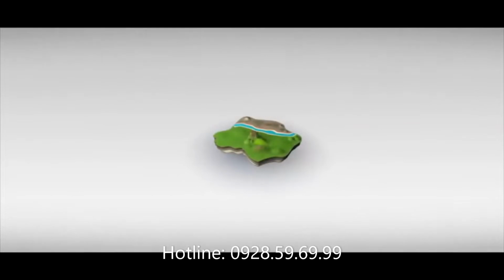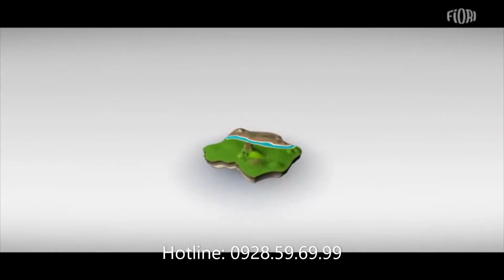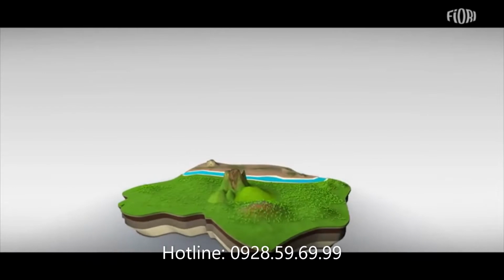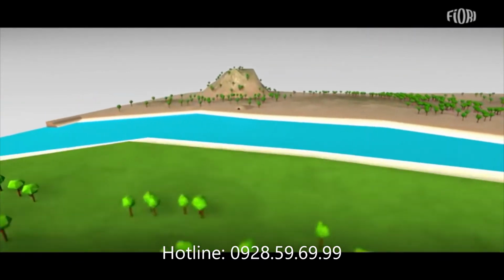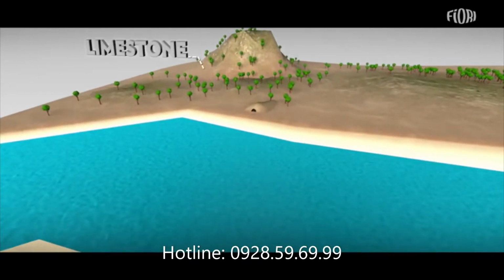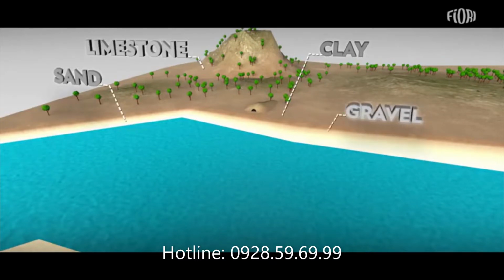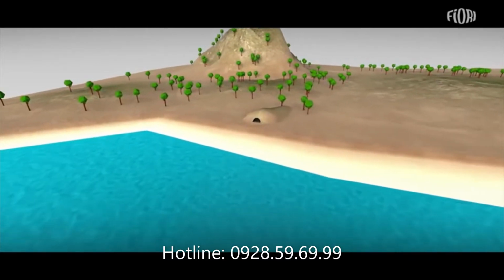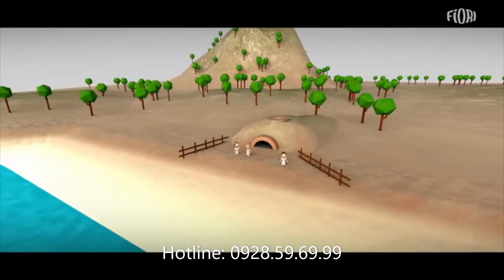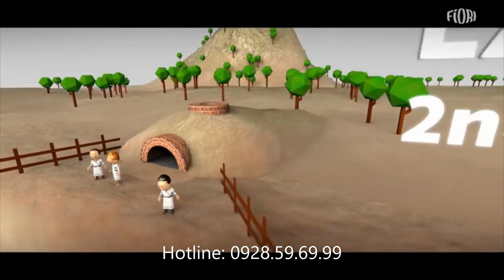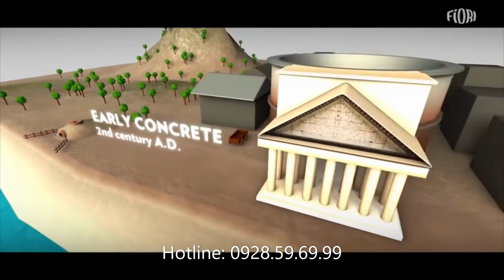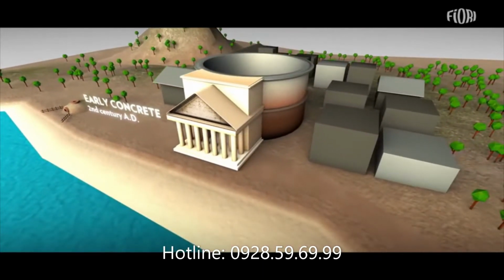The history of concrete starts with materials from the earth. It is here that we find the base ingredients of one of the most revolutionary materials in the history of mankind: limestone, clay, sand, gravel, water. It was in an attempt to imitate nature that man created the first concrete, thus obtaining the very first pourable stone.